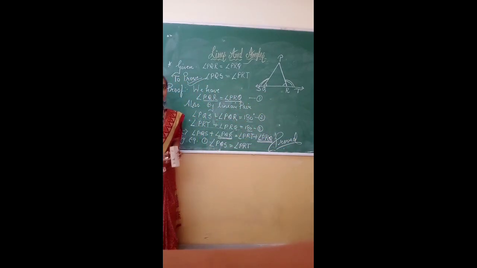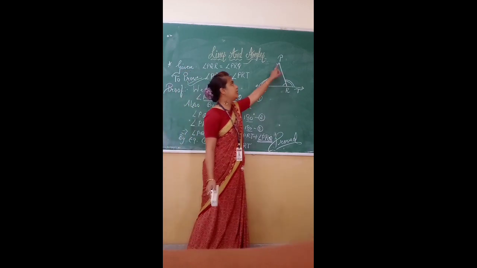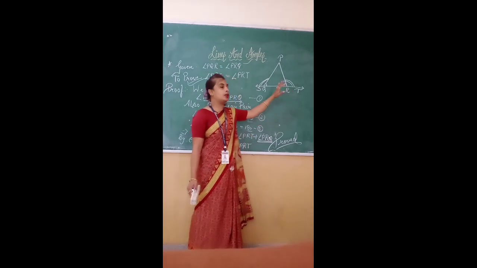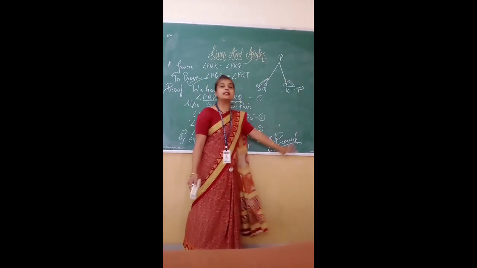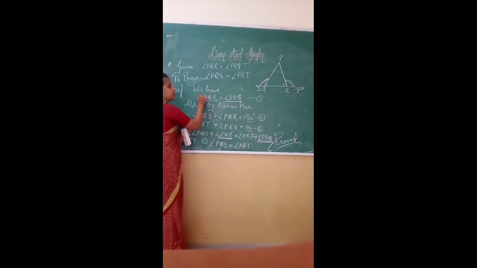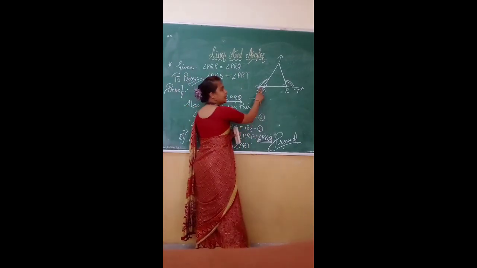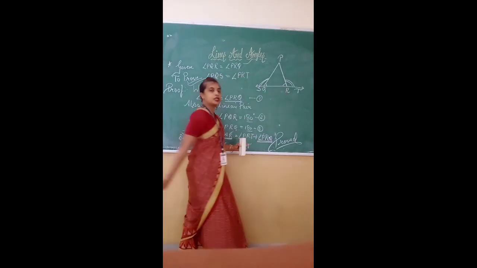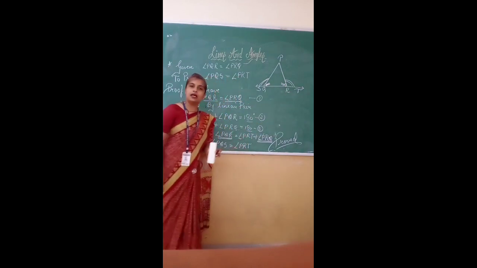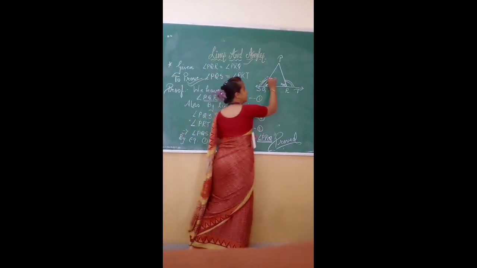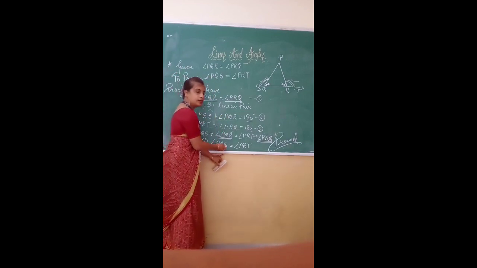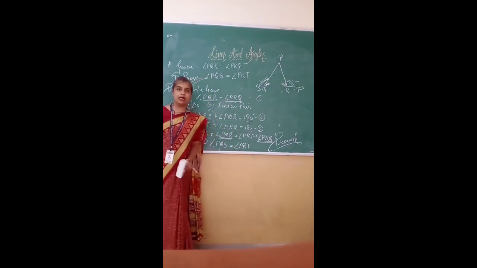ये हमें यहाँ प्रूफ करना था. क्लियर है? गिवन है क्वेश्चन में that angle PRQ and angle PQR, these two angles are equal. We have to prove that their external angles are also equal. For proving external angles equal, we will apply the property of linear pair. Linear pair says the sum of these two is equal to the sum of these two. Out of the sum, if the interior angles are equal, then we will get that this exterior angle will also be equal, that is, angle PQS is equal to angle PRT.